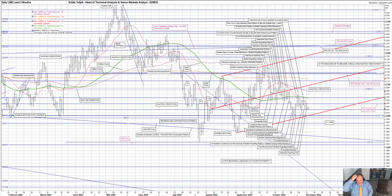LME 3-month lead. Last week I detailed a number of supports below the market at the time, as well as a resultant move that is very, very significant now, and I quote, "Some of the supports below, some of them well below, Fibonacci-based congestion otherwise, between 1994 to 2002, followed by the June 2023 low at 1976, which looked, how shall I put it, less interesting. Then the 2024 low in August at 1917, which I suspect is a function of the nearby 2021 low at 1908. There is also a neckline extension, currently at 1937, of the July 23 to February 24 head and shoulders